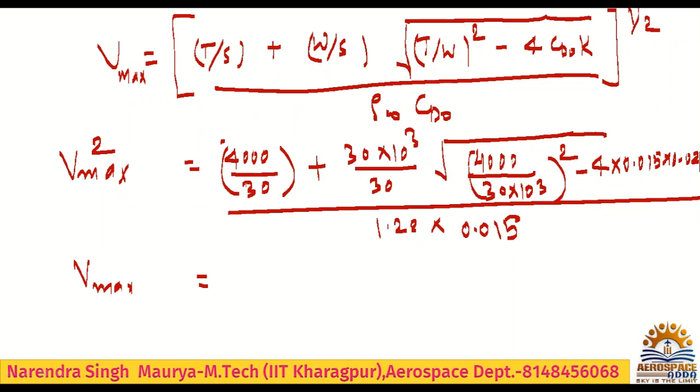4000 should be 4000 W by, it is thrust by area. So 4000 divided by 30. So this is the 261.28 divided by 1.21, divide by 0.015,